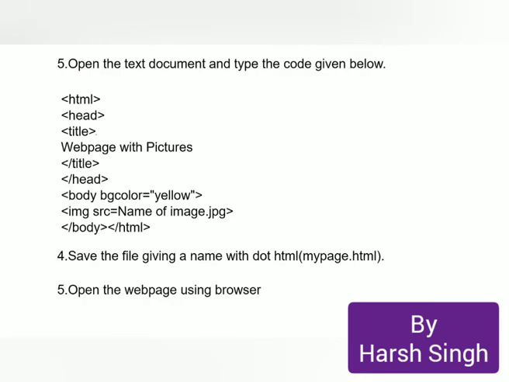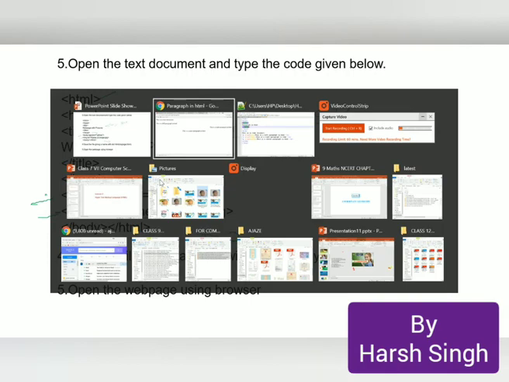You have to write this code, and this code shows we have started with HTML, head, and I have given a title. The basic idea is this one, image. So the body we have made yellow, and now this is the source, IMG, and then you have to say the source where it lies. So I will give the name of the JPG file without any path. I'll save the file as .html, and then we'll open it in the browser. So let us see how to do it. Let me go to that folder first, right?